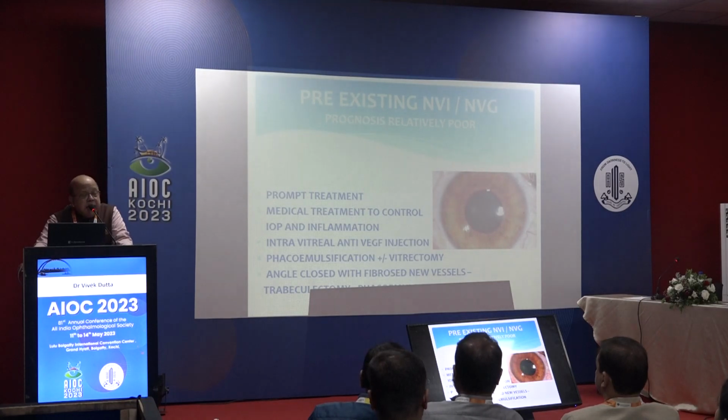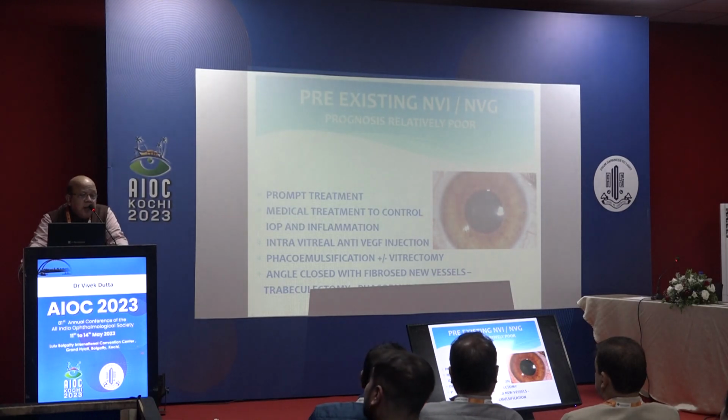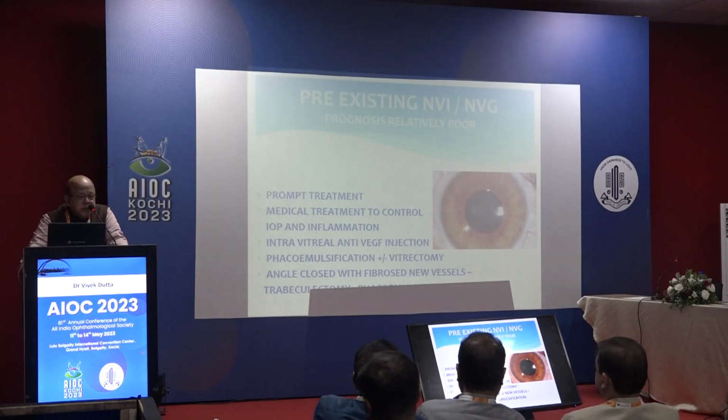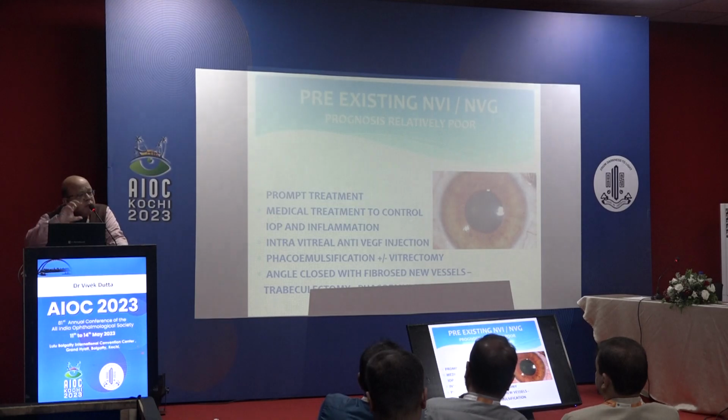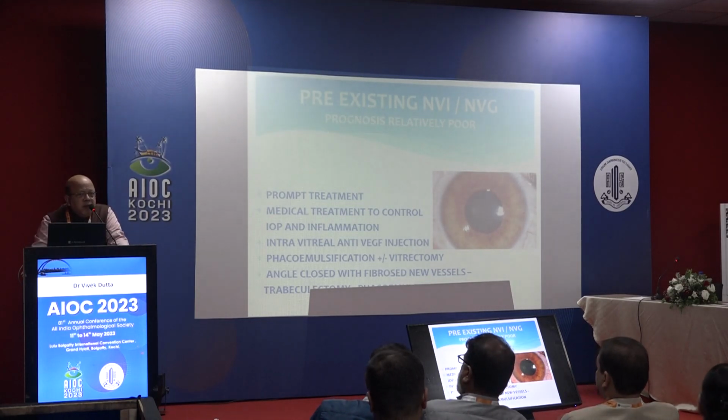Sometimes we can also get a patient having neovascularization of the iris or neovascular glaucoma. And we have to remember the prognosis is not that good in such cases. But we have to anyhow go for prompt treatment and control the inflammation and the intraocular pressure medically, and then inject intravitreal anti-VEGF, and then go for the phacoemulsification surgery, and sometimes with vitrectomy. And if the angle is closed with fibrosed new vessels, then we have to go for combined trabeculectomy and phacoemulsification